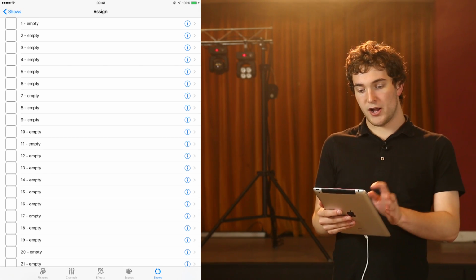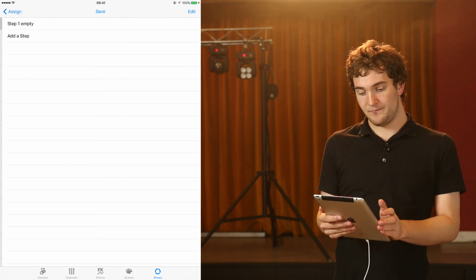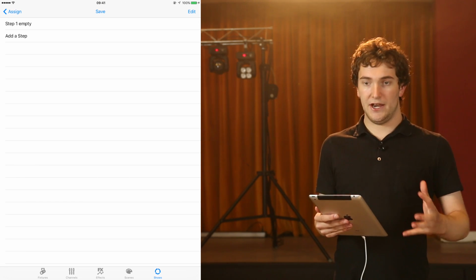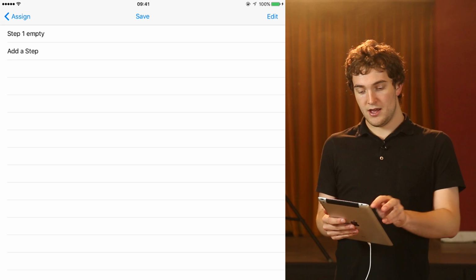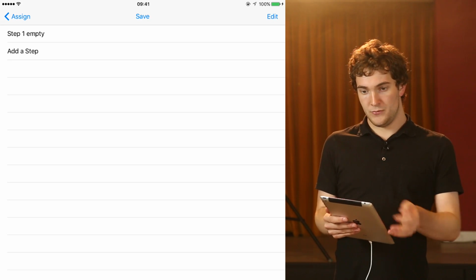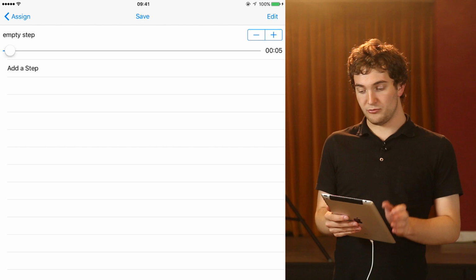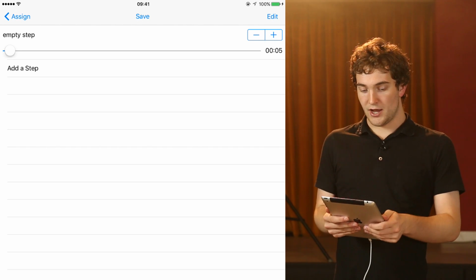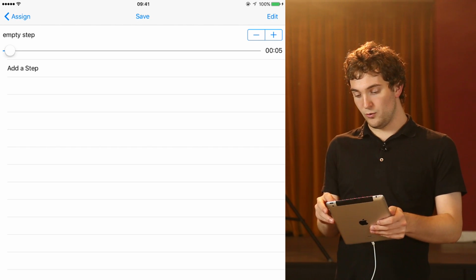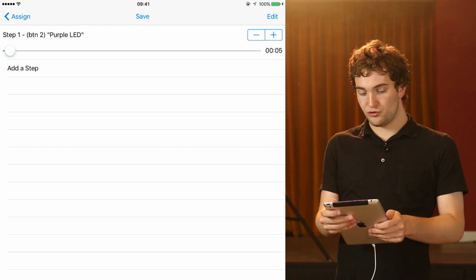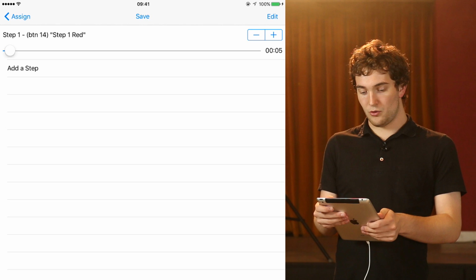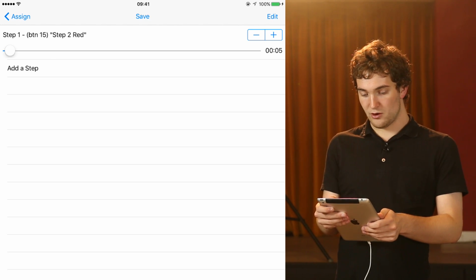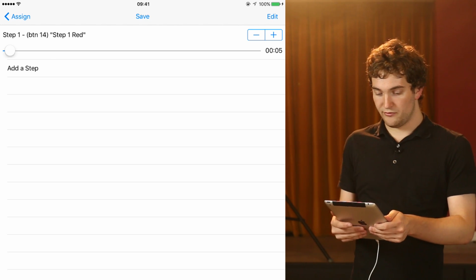So I'm going to go ahead now and create a new scene. I'm just going to simply tap on it and you're into the kind of scene editor here. So you can see we've got step 1, which is currently empty, and then an option to add a step. We're going to tap on step 1 and the drop down is going to expand, and you've got a little plus button in the right hand corner which will then, if you tap on it, scroll through all of your recorded scenes. It'll scroll through all your assigned buttons, so I'm going to go to button number 14, which I've